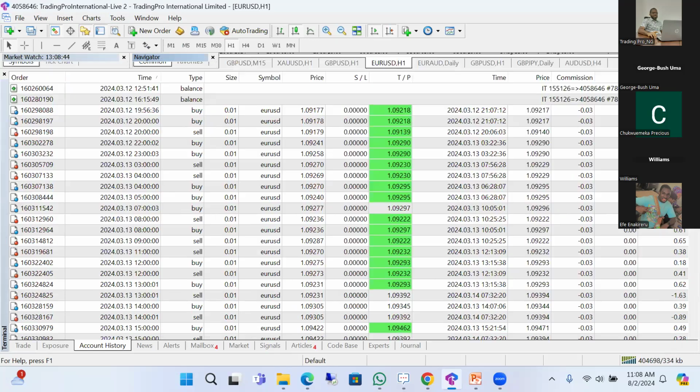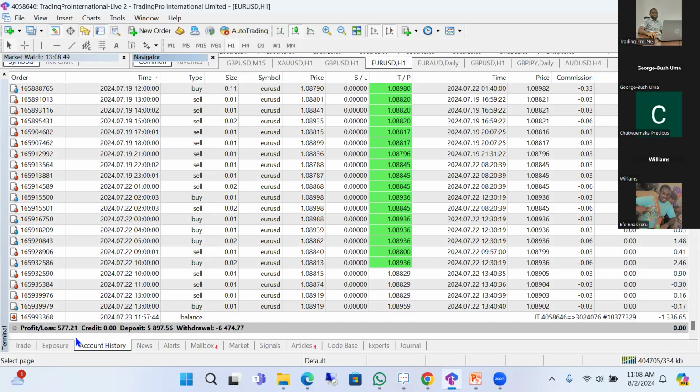So I'll just quickly move all the way down. So you see the profit made so far. All right, so you can see a profit. If it's a loss, it will show minus. So a profit of 577. For those who are there, if you can use your calculation, you have an idea of how much that person